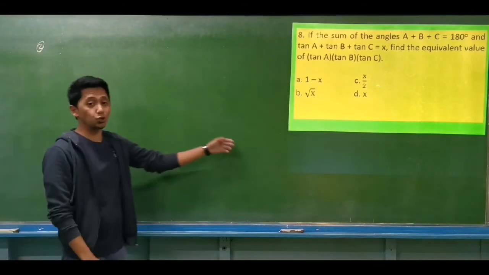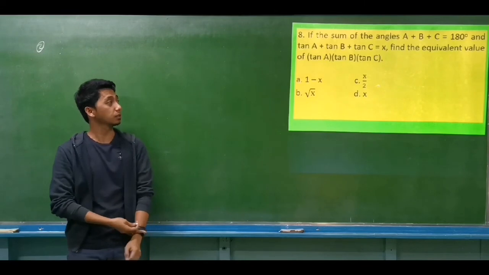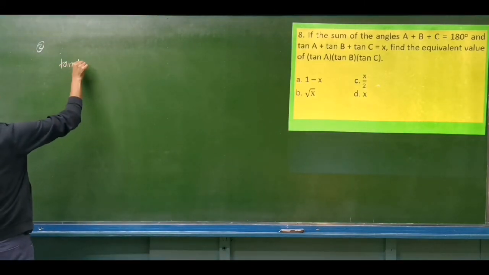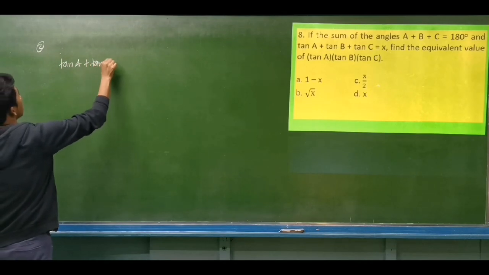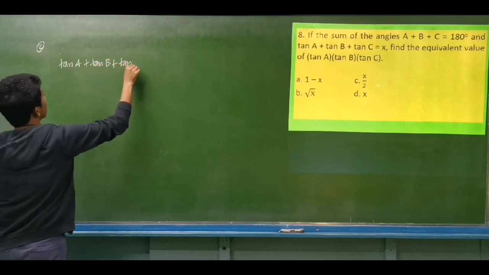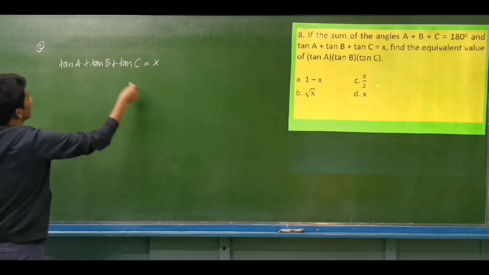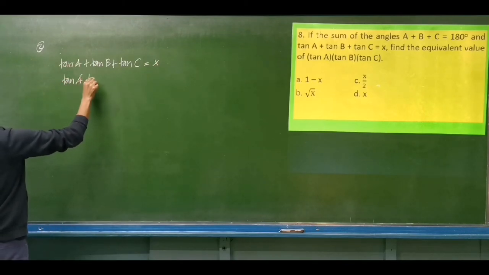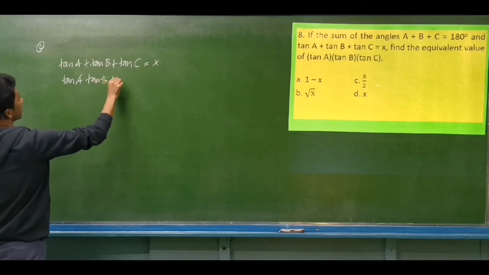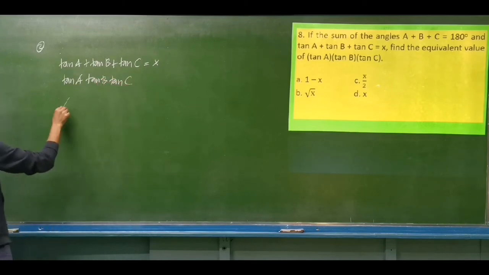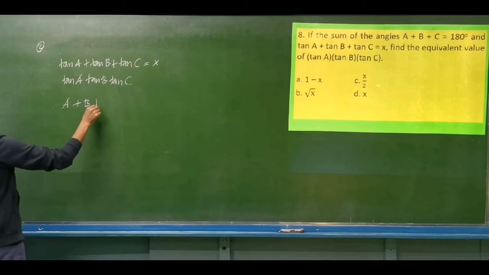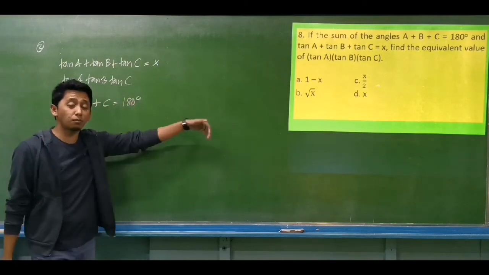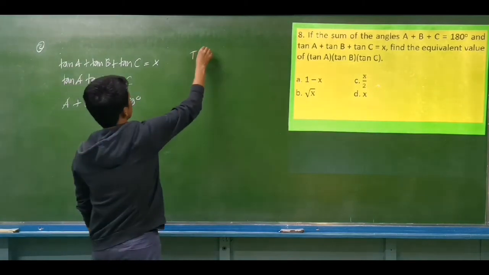Okay, ito yung solution 2 natin para sa problem na to. So, sabi niya sa problem, we have tangent A plus tangent B plus tangent C is equal to X. Tapos, hinahanap natin yung equivalent ng tangent A, tangent B, tangent C. Considering na A plus B plus C should be equal to 180 degrees. Pwede tayong mag-trial and error. So, by trial and error,